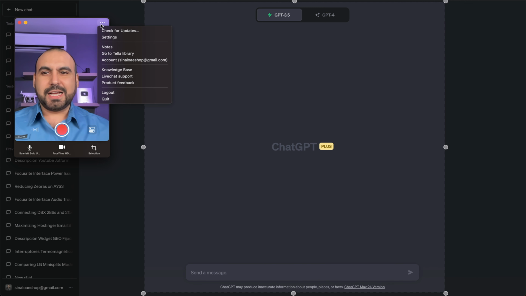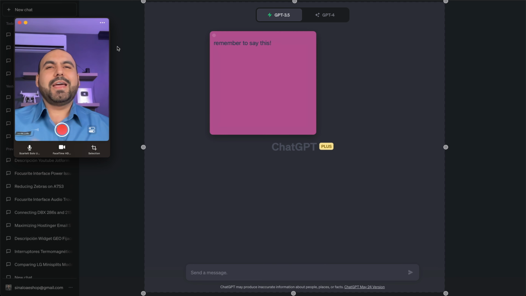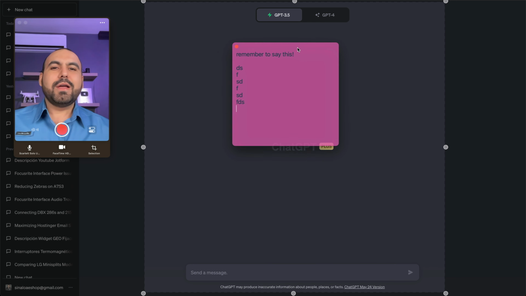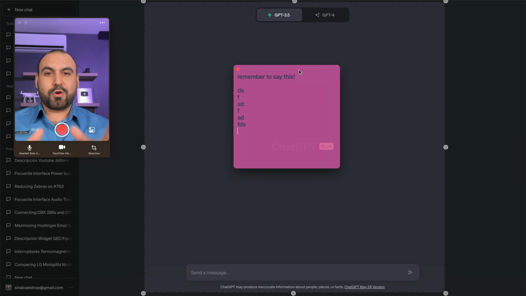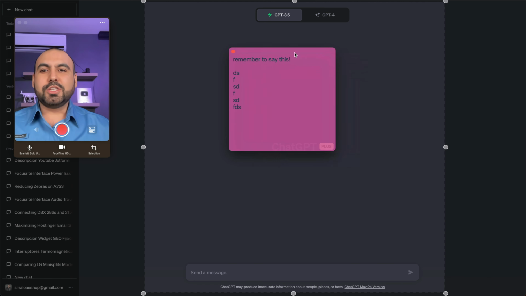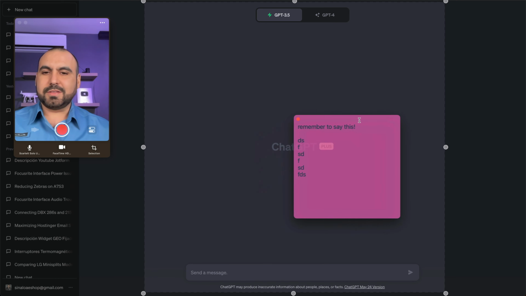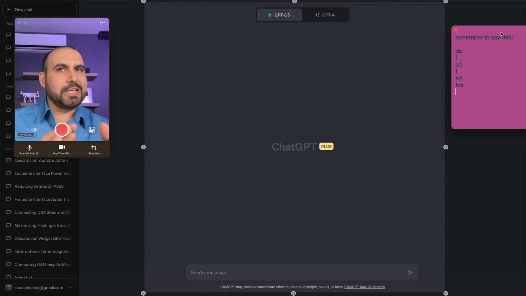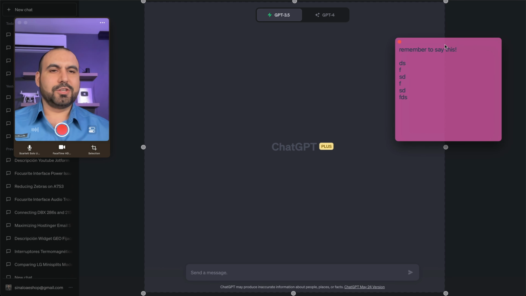Now, in the options for Tela, there's a little option that says notes. Every single screen recorder should have something like this, but they don't, okay? So this little note right here, it says, remember to say this, and I can write whatever I want. Okay, now what's so unique about this? Well, if I have it on top of the area that I'm gonna record, it's not gonna appear on the video. So I can put it here, on the side, on top of me, on top of wherever I want, and it's not going to record these notes, but I can go ahead and look at it when I need to, okay? So I'm gonna leave it right here, so you can see that it's not going to record it. So if I like what I have right now, I'm gonna start recording.